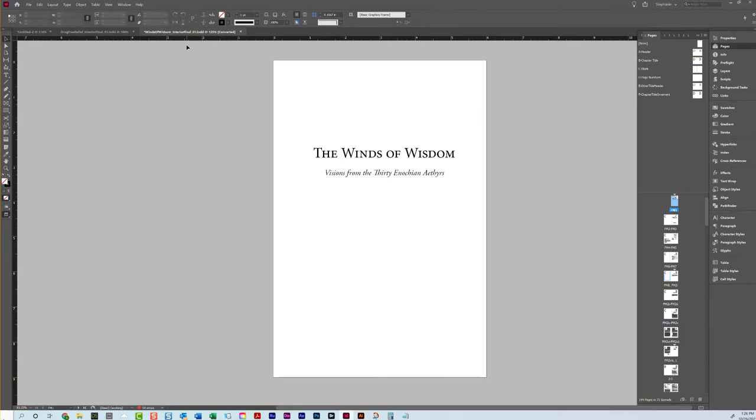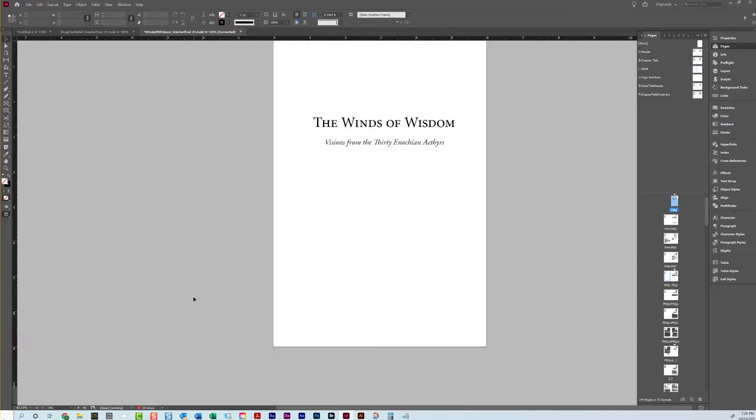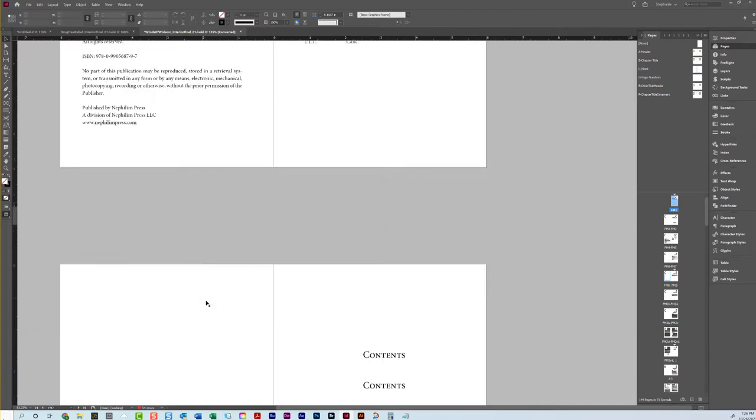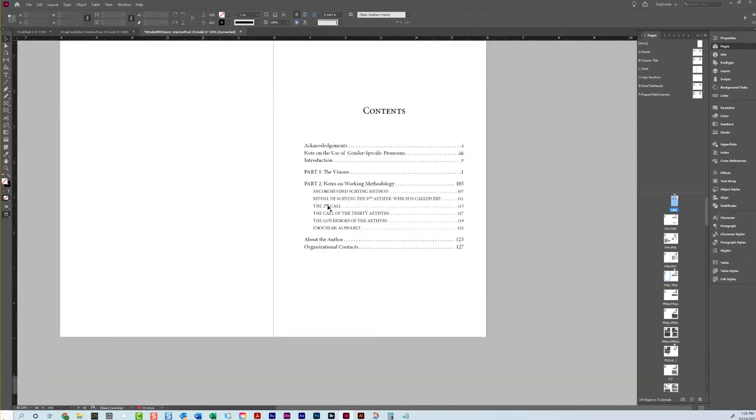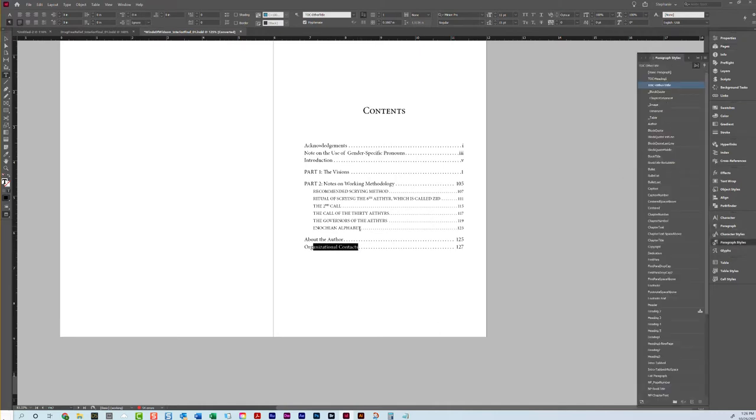Now, here is another book. This is an older book. I'm missing one of the fonts, so I have a bunch of errors, and some of it's going to look funny. But this book is set in parts, okay? And we also have front matter and some back matter. So this front matter: acknowledgments, the note on the use of gender-specific pronouns, introductions, about the author, organizational contacts. These in the book, if we go to those pages, are all assigned an other title page, other title paragraph